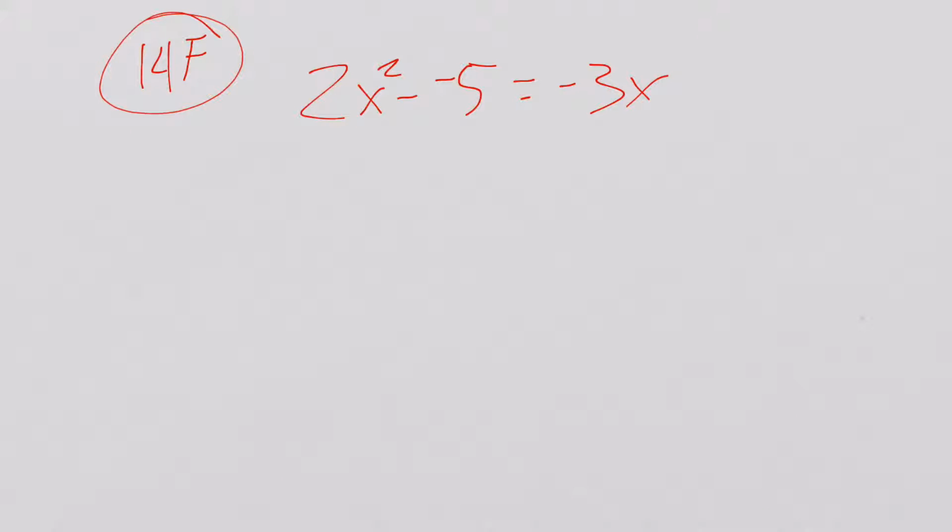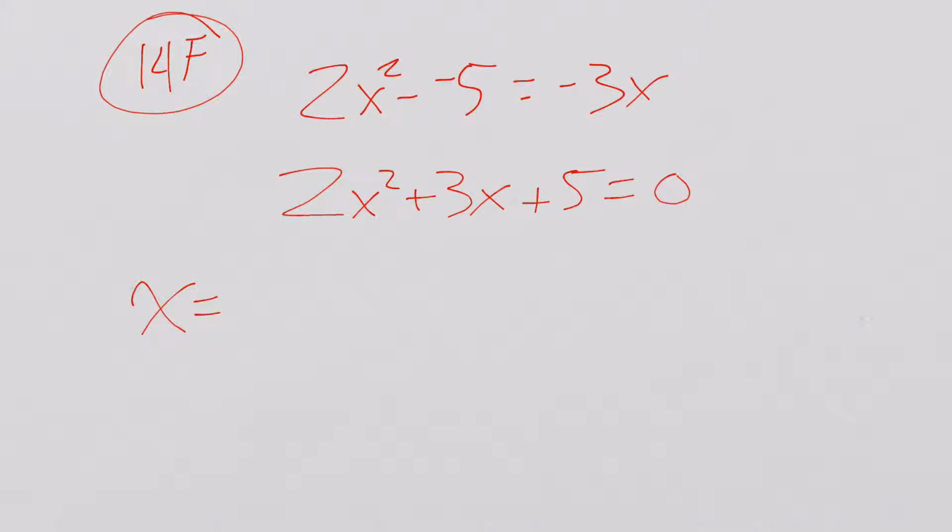On problem number 14F, need to do a little rewriting first. We should add the 3x over, so we'll have 2x squared plus 3x. And then it says minus negative 5. We should write that as plus 5 equals 0. Now we can quad form it, so x equals negative b gives us a negative 3, plus or minus the